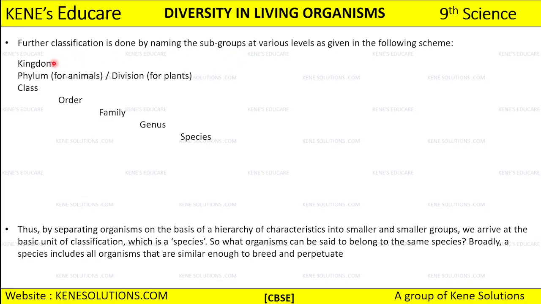So for kingdom, phylum, first of all we have a kingdom. I want you all to take a note of it. First of all, क्या होगा? हमारे पास एक kingdom होगा. Let's state kingdom is for animals. Kingdoms के अंदर if we are classifying the animals, we are going to call that as phylum. If we are classifying it for plants, we call them as division. Phylum for animals and division for plants.